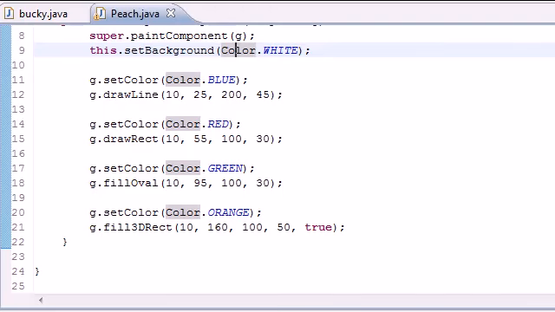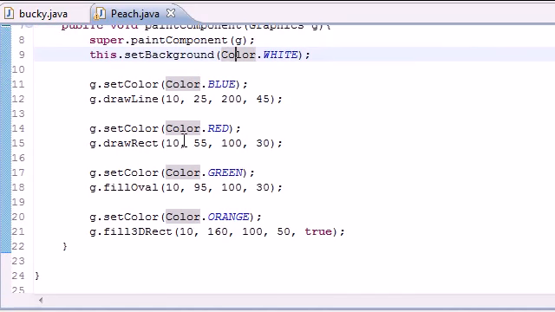So we learned how to draw a bunch of new stuff on the screen: lines, rectangles, ovals, and 3D rectangles. It was awesome. And so, you know, it's been fun, but that's all the time I have for this tutorial,